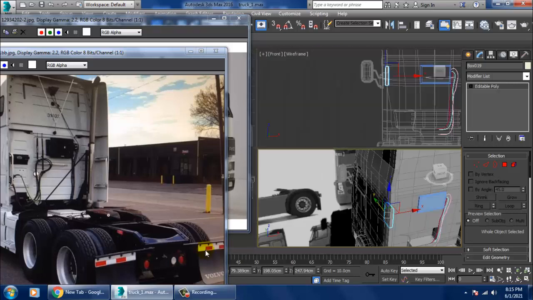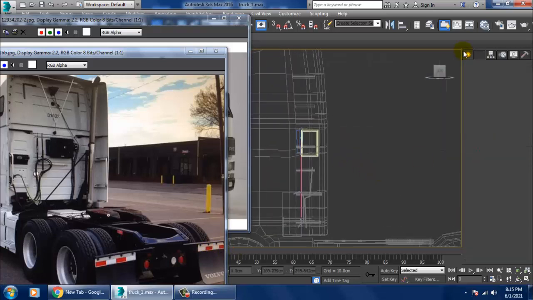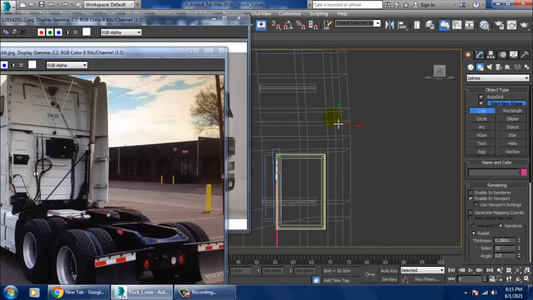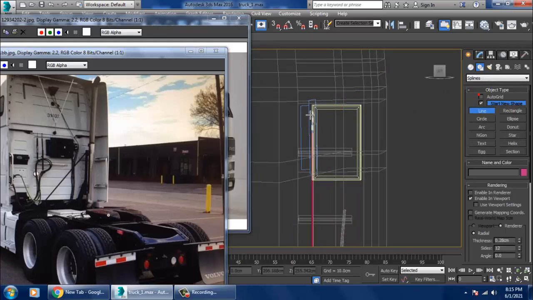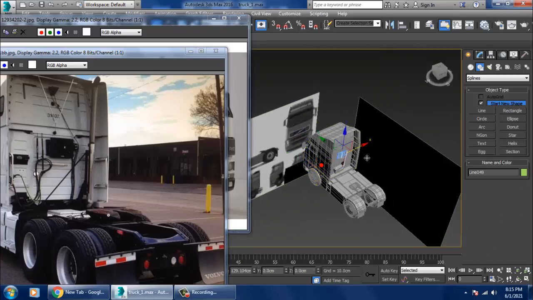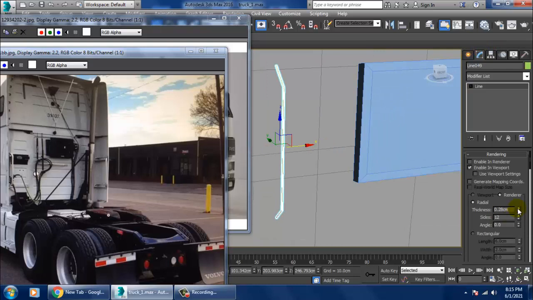So I'll go into this side view over here, and I'll just take a line over here. I'll slightly shuffle this over here and increase its thickness.